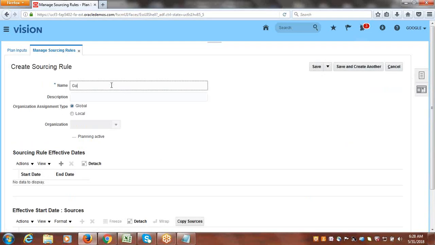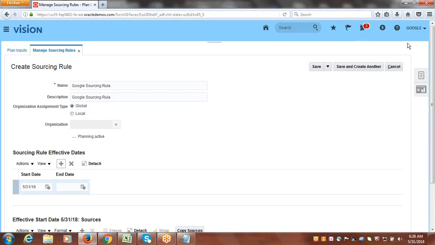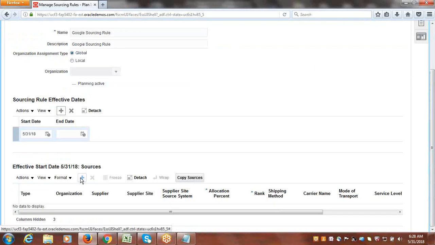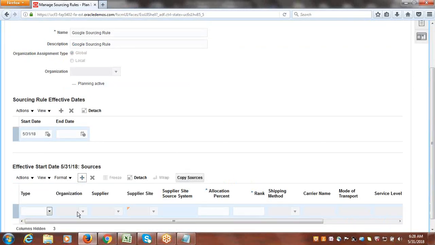Just provide the name: Google sourcing rule. And click on sourcing rule effective dates. Click on add. The system will default today's date. We can accept the same and scroll down. Click on add. Say transfer from, and here we should be able to find our